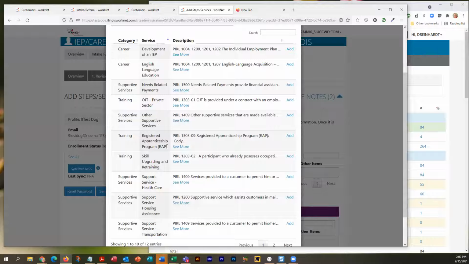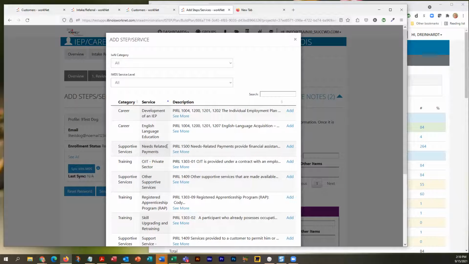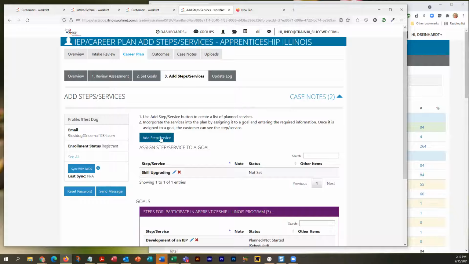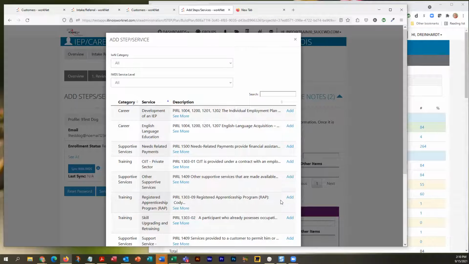Okay. Yeah, I just have it steps 4. Are you seeing this now? No. Because I have nothing in the steps 4 complete apprenticeship Illinois program. Let's see, participate. Okay, I got participate. So then you have to add a step or service. Okay. The blue button, you have to use that add a step or service. Okay. And then pick it. And then over here on the right-hand side, click the add. I see. Okay.